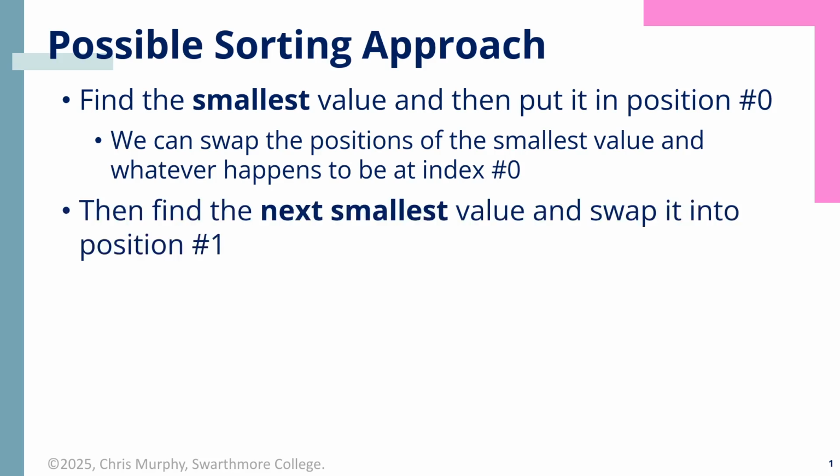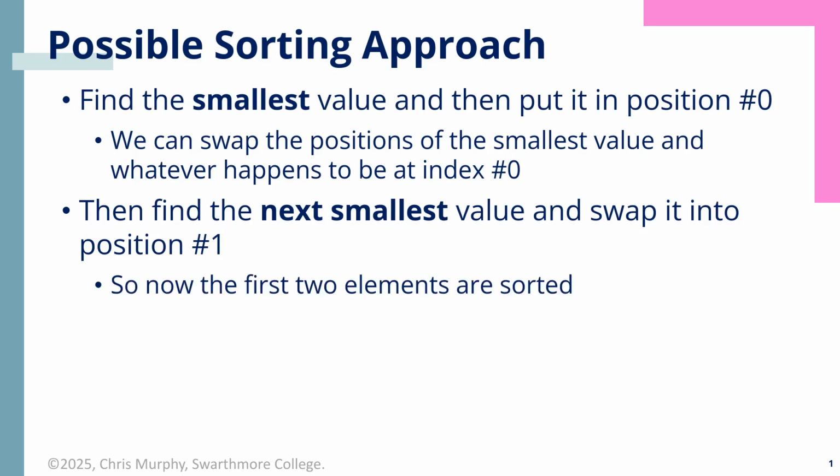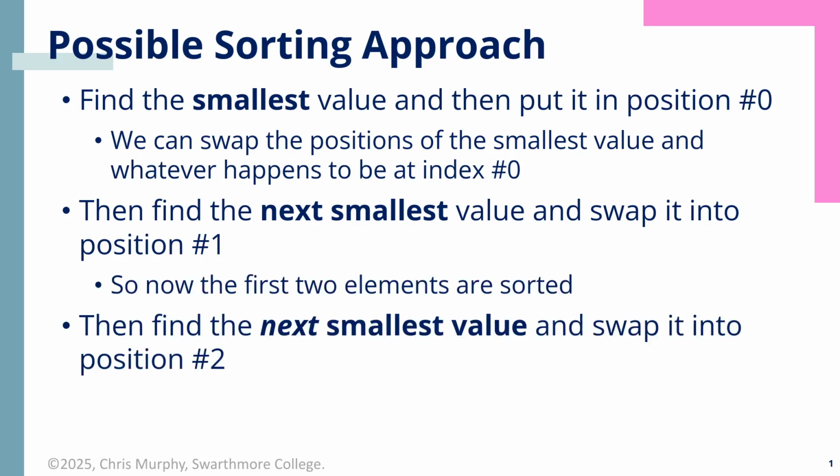Then we go through the list again, and we look for the next smallest value. We swap it with whatever happens to be at index 1, which is the second element. So now the first two elements are sorted, and then we find the next smallest value. We swap it with whatever is in position 2. That'll be the third